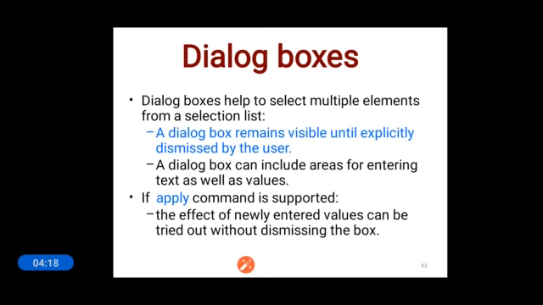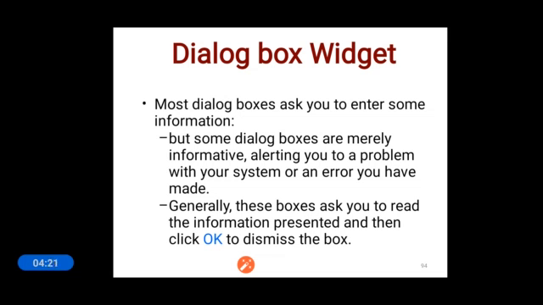This dialog box can also be used for other purposes, like some dialog boxes are just used to display an alerting message to the user, whenever a user is performing any unintended task, like trying to open a file which cannot be opened by that particular user. If he does not have permission, then a dialog box will appear saying you don't have privileges to open this file. That is also a kind of dialog box.